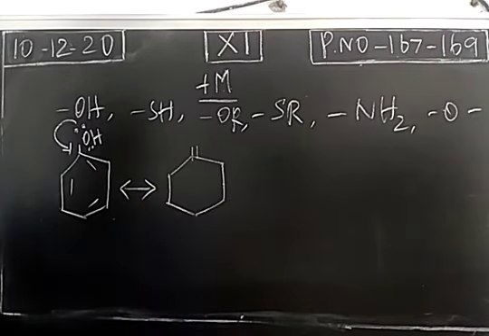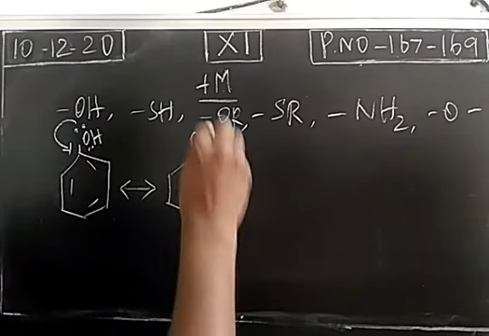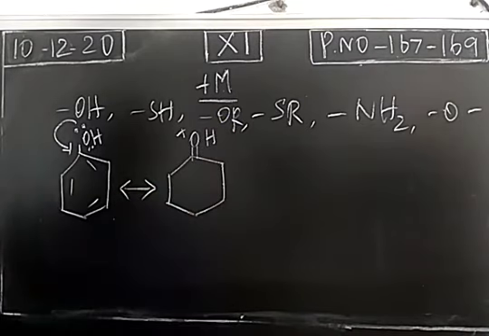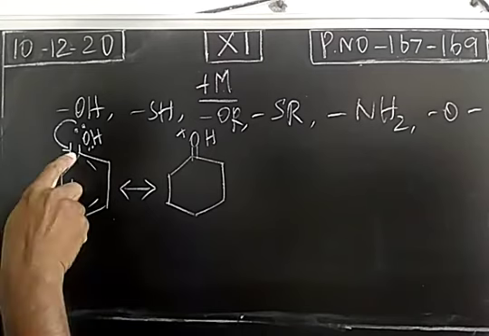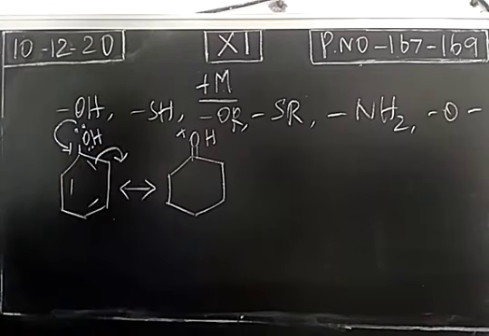So here we will have a double bond. The lone pair of electrons is shifted over the ring. Oxygen has lost a lone pair of electrons, so it gets a positive charge. If a double bond is formed here, this pi electron will be shifted over here, because around one carbon there should be only 4 covalent bonds.